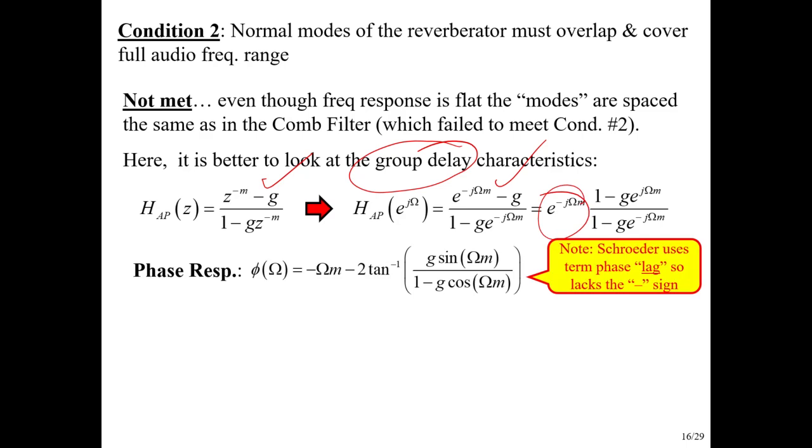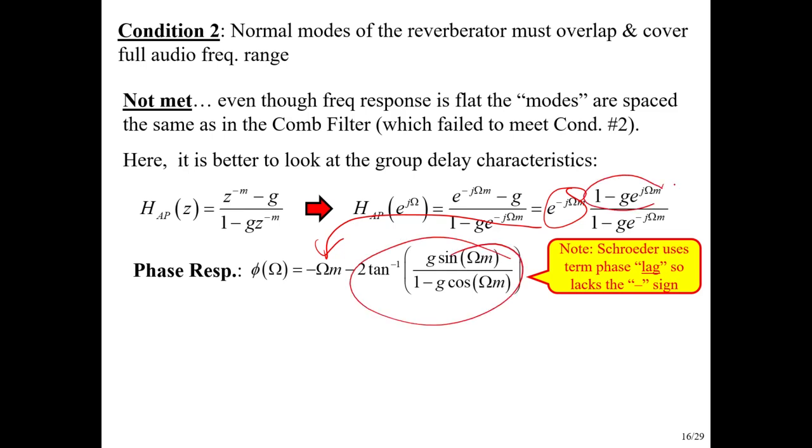And now we can find the phase response of that. So this is going to give us this thing, and then we just apply our usual analysis, doing arctan on the numerator, arctan on the denominator,